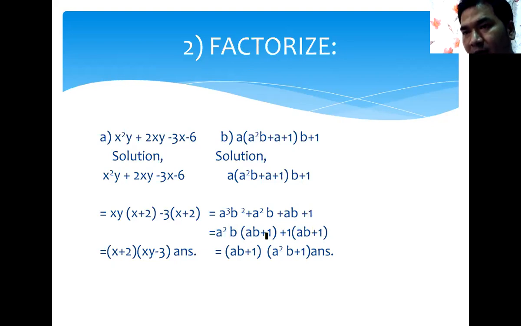Now check this ab plus 1. ab plus 1 is the same now. Now write here ab plus 1. And what is remaining here? a square b. Write a square b here. And here is remaining plus 1. Write here plus 1. Okay. Like this we resolve these terms into 2 factors. One factor came ab plus 1, and the other factor came a square b plus 1. Like this we solve. Okay. Now we became clear about it.